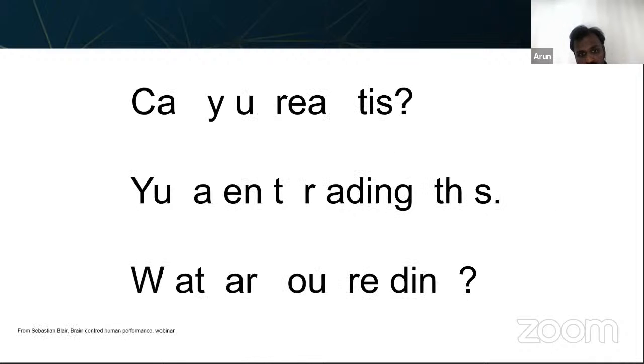In a similar way, this is another example where I think most of you would have figured out what exactly the sentence says when you started putting in the words. As I said, your brain starts to take the short route. It tries to figure out patterns and associations and find what exactly is being communicated there. So I hope everyone figured it out. Can you read this? You aren't reading this, so what are you actually reading?